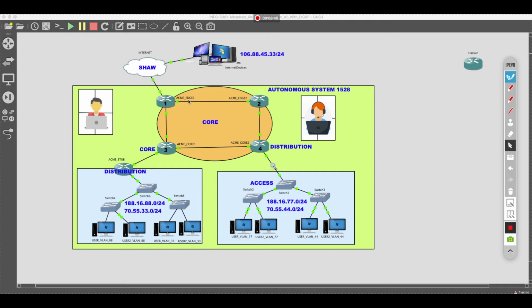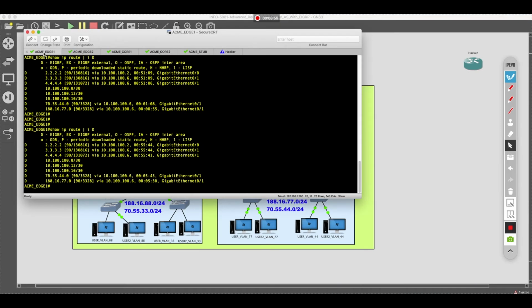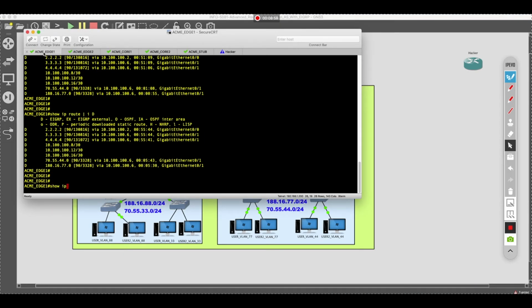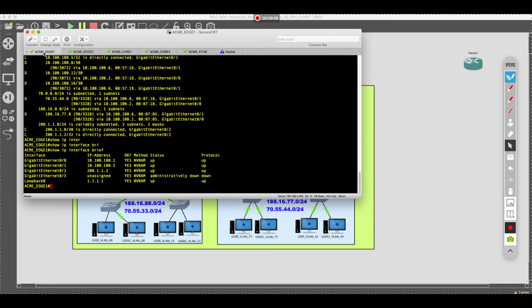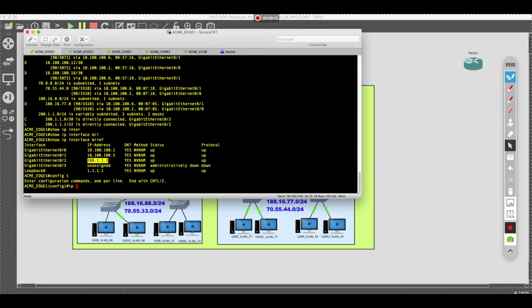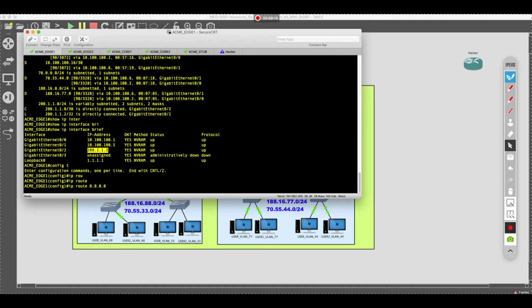Okay, so for intents and purposes, because this is a single home, we're going to use a static route, and because Acme 1 was chosen as the gateway router for our autonomous system. So all traffic that is not reachable within this autonomous system, pass it out to the internet, we're going to use a static route. So let's go back to Edge 1, and we're going to do show IP route. And actually we're going to show IP interface brief, because I just want to see, yeah, so the interconnection with SHA is on .1, so I'm going to do config T, IP route 0.0.0.0 0.0.0.0, and I'm going to go .1,